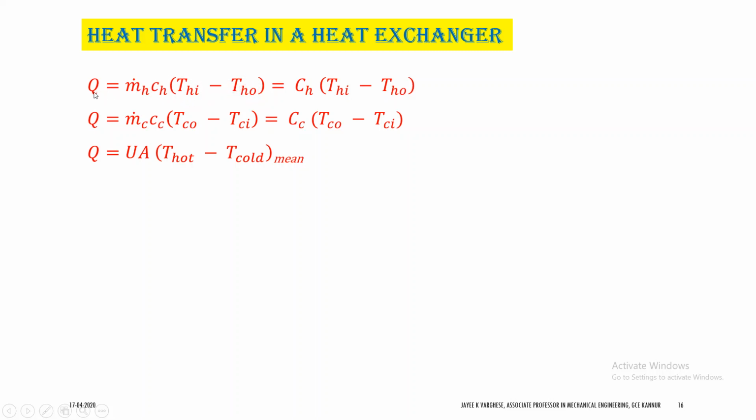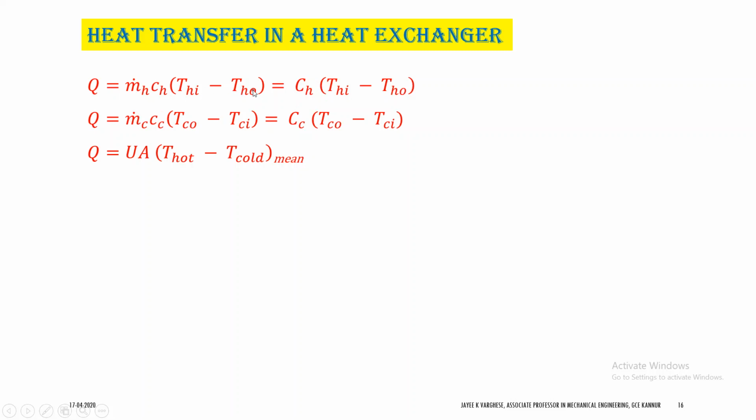So the heat lost by the hot fluid is m dot h ch into THI minus THO, which can be written as, so we take the product of m dot h into ch, mass into specific heat. Mass into specific heat is nothing but heat capacity. So mass flow rate into specific heat will give the heat capacity rate of the hot fluid. So here we use capital C. So capital C suffix H is the heat capacity rate of the hot fluid, which has a unit of watt per Kelvin